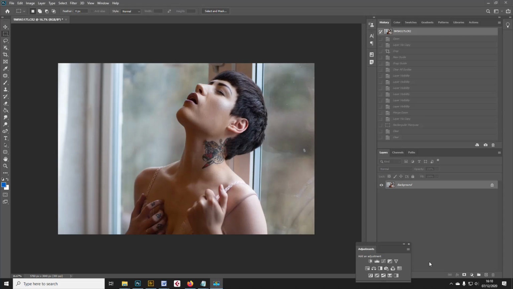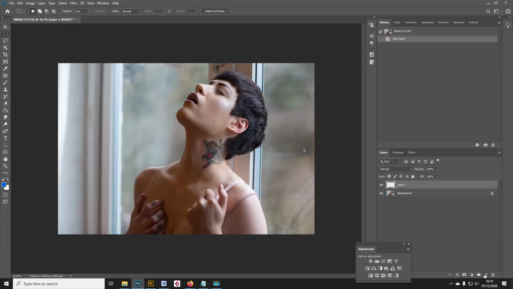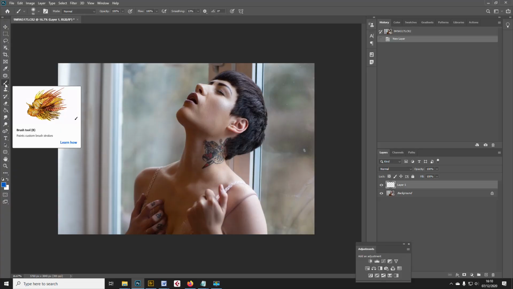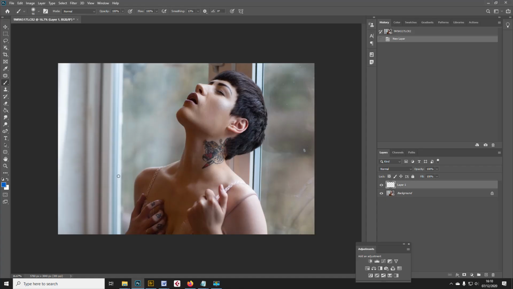And one of the things that we can do is just to create a kind of annotation layer here. I'm just going to mark up my image on this layer. So when I study this image, the first thing that strikes me